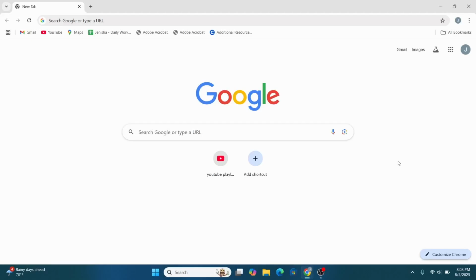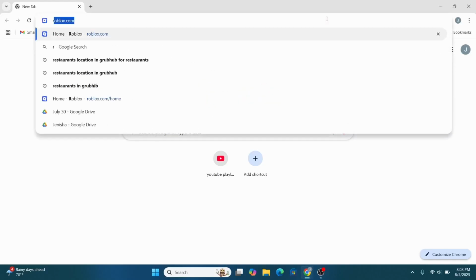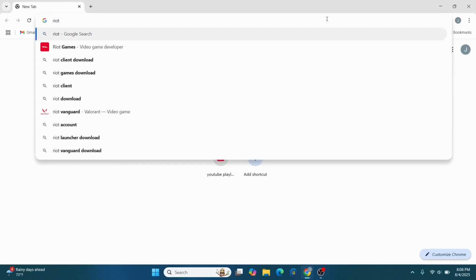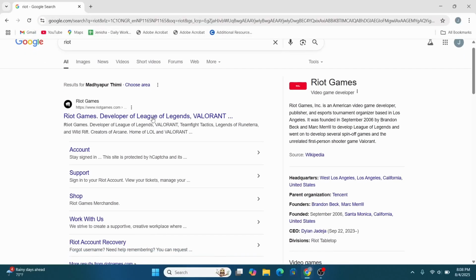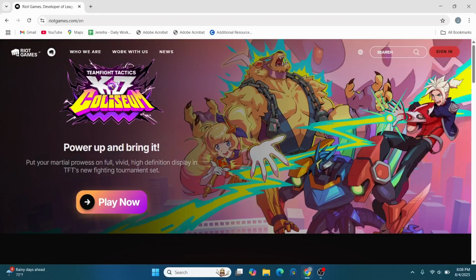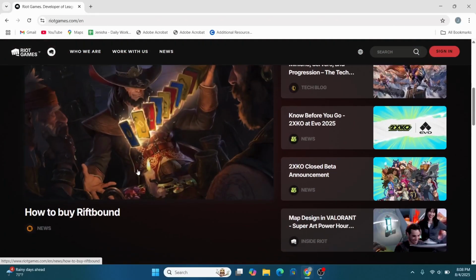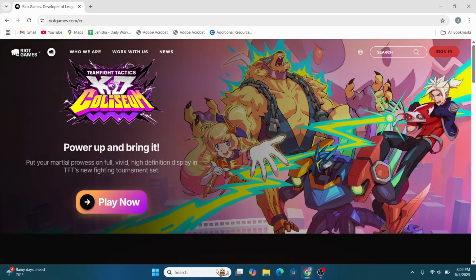So open up any of the browsers available, for example Chrome, and you can basically go ahead and download one of the Riot games. So you can search for Riot and hit search, and you will be finding this particular website right here. Open it up and go ahead and look out for the game that you would like to download first. So for example, if you'd like to download this game right here, you can just go ahead